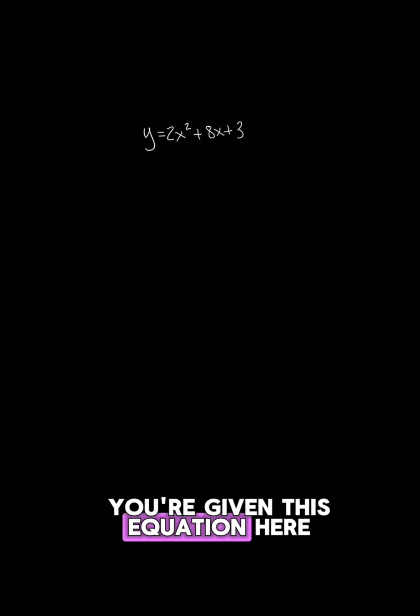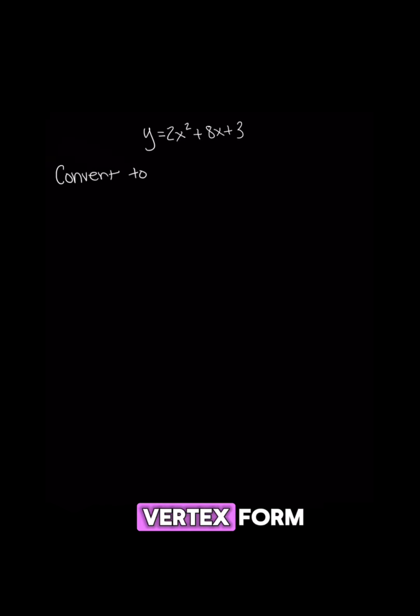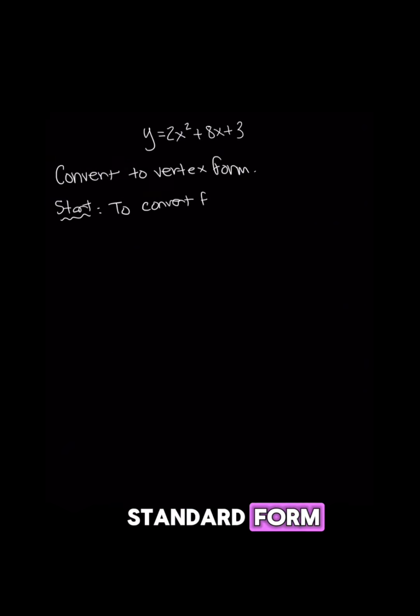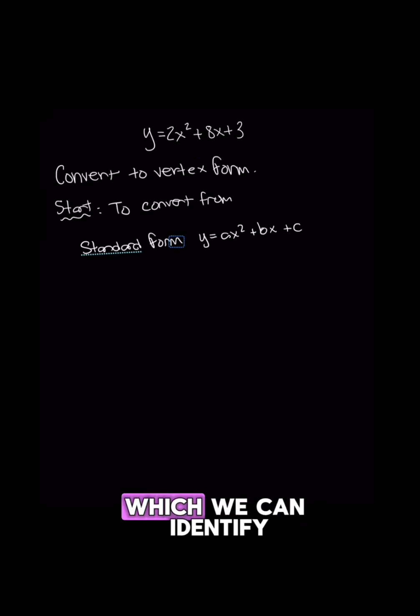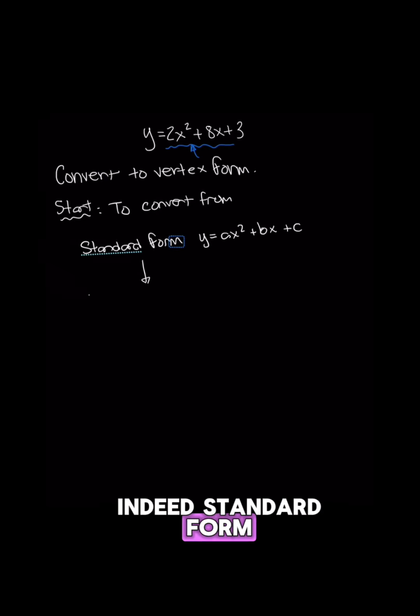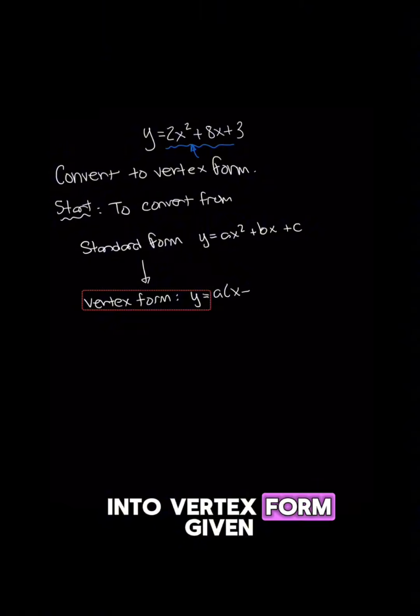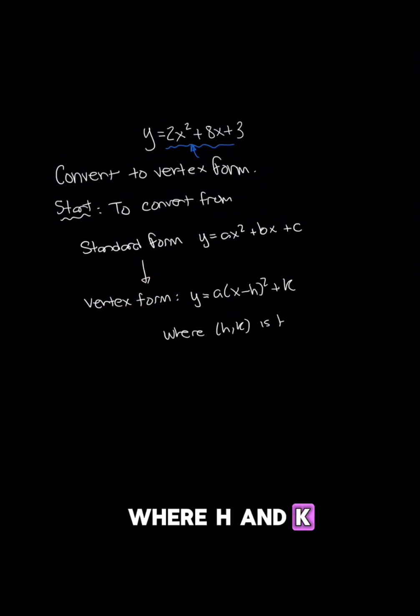All right, so let's say you're given this equation here, and the question asks you to convert it into vertex form. To convert from standard form, which is the equation of this form here, which we can identify that our equation is indeed standard form, to convert this equation into vertex form, given by this format here, where h and k is the vertex of